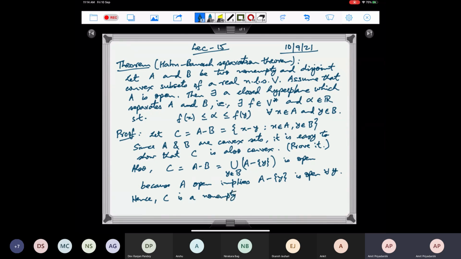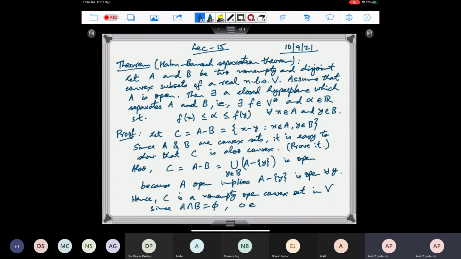So this is a non-empty open convex set in V, and you know that A and B are disjoint, since A intersection B is empty,